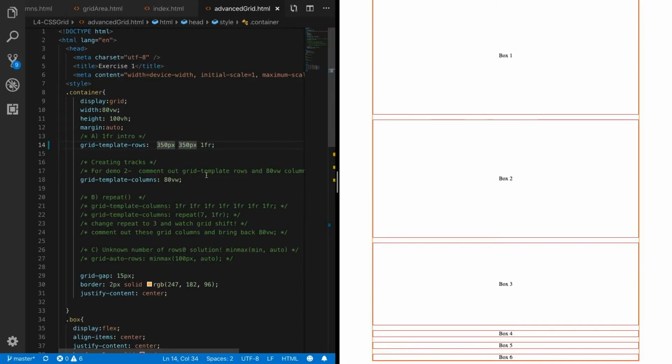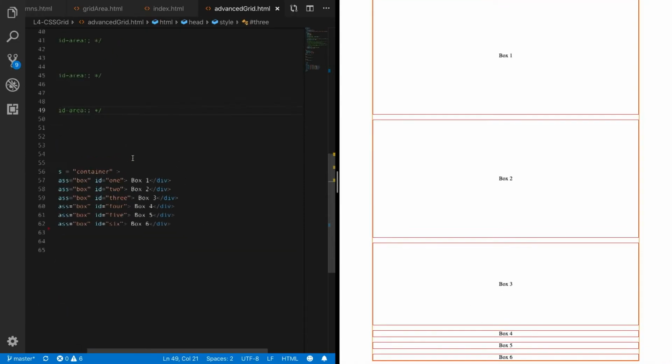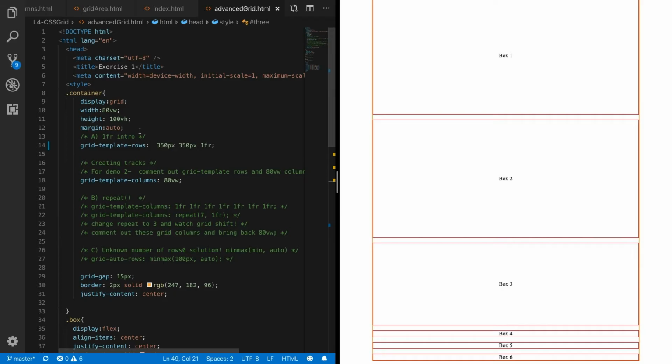So here I have set up a grid that now is using 6 boxes, which we can see spread out across here. But as we see, they're spread out in this funny way where it looks like the first box and the second box have plenty of room, and then we start squishing these boxes in here. To understand this behavior, we can look at the code.